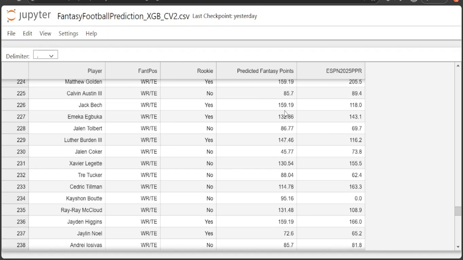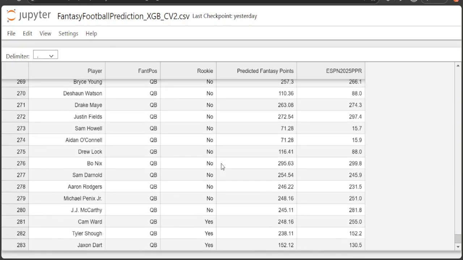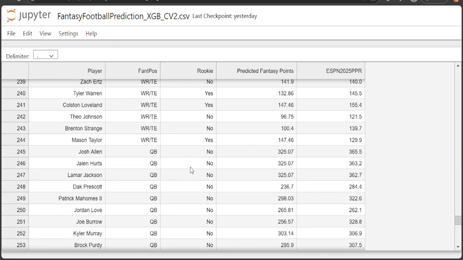And then Jack Beck, I think he's on the Raiders, so that might be a little too high for him. Maybe ESPN's model might be more accurate. You get to 120. But then let's look at the quarterbacks quickly. Josh Allen. So it looks like the top three quarterbacks, our model just